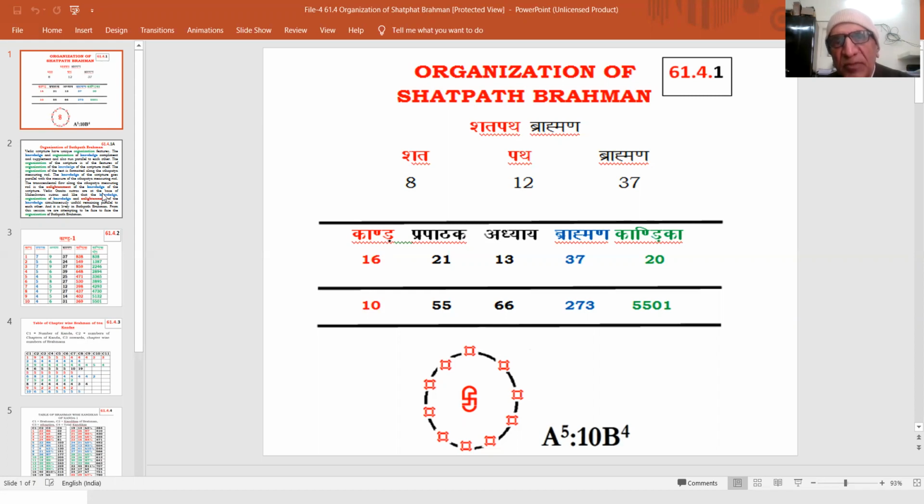The organization of the text of Shatpath Brahman brings to focus that it is organized as 16 kandas, and Parpataks, Adhyayas, Brahmans and Kandikas. The formulations Kanda, Parpatak, Adhyaya, Brahman, Kandika, as well as Shatpath and Brahman, are the initial foundational formulations,